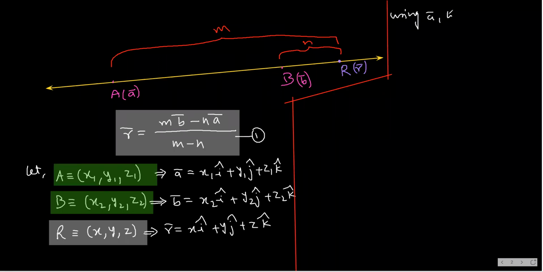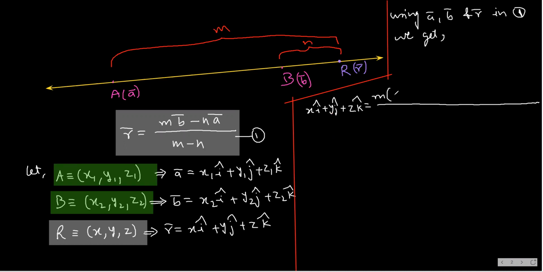Using A bar, B bar and R bar in 1, we get R bar equals, what is R bar? x i cap plus y j cap plus z k cap equals m times B bar, I'm writing the coordinates of B bar, x2 i cap plus y2 j cap plus z2 k cap, minus n into A bar, x1 i cap plus y1 j cap plus z1 k cap,